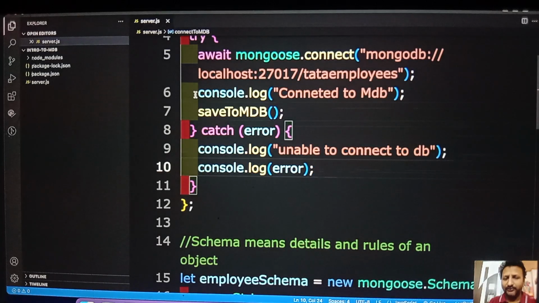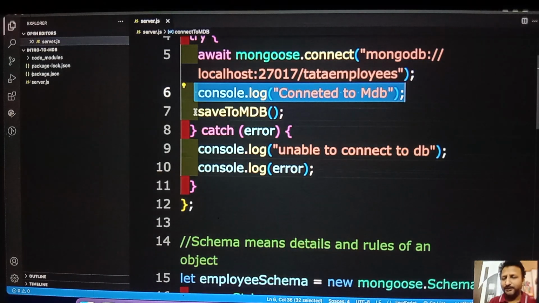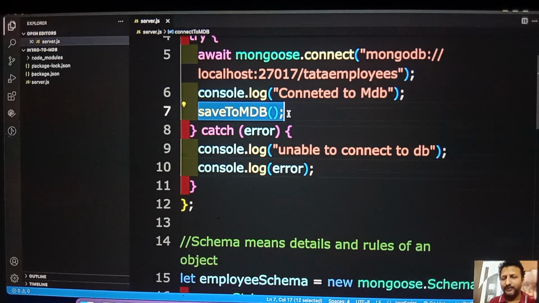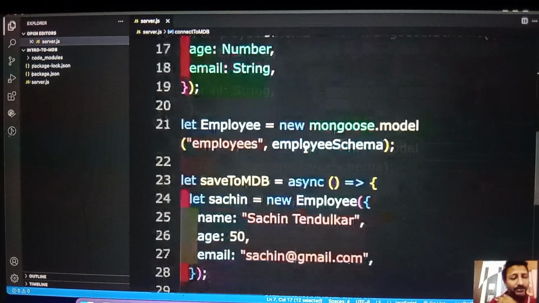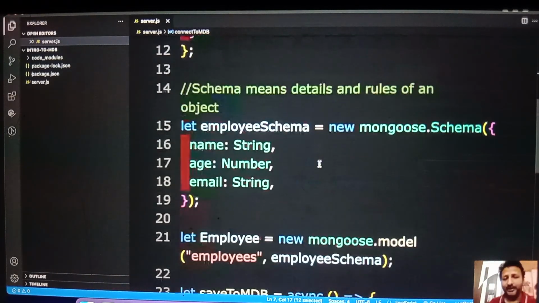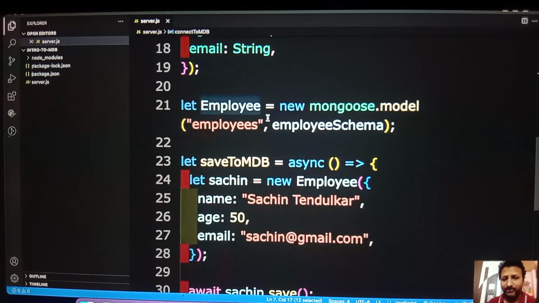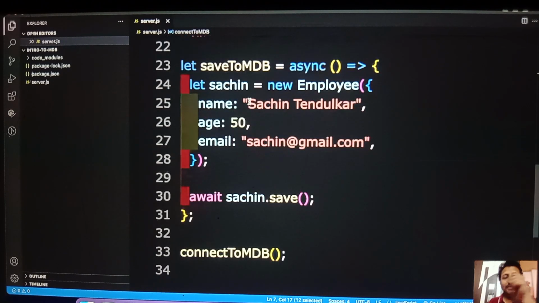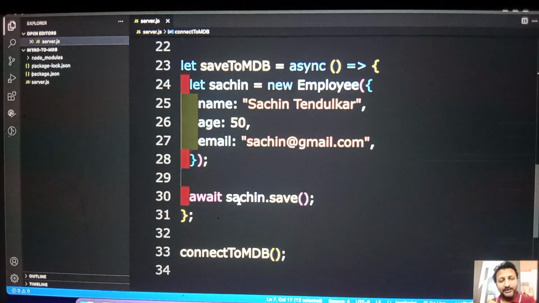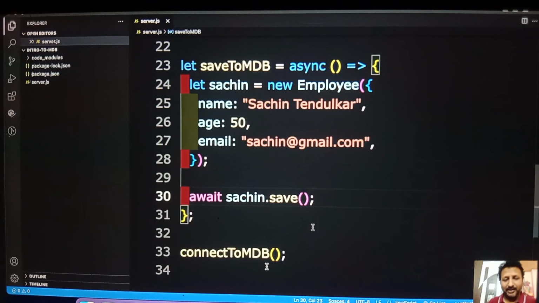If everything is successfully connected, then we display the message successfully connected, and we call the saveToMDB. And when it comes to saveToMDB, what we are doing is creating the schema, creating the class based on the schema, creating a copy of it, and saying save. Now, if I run it,